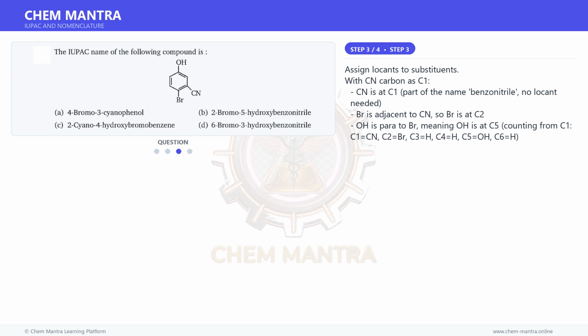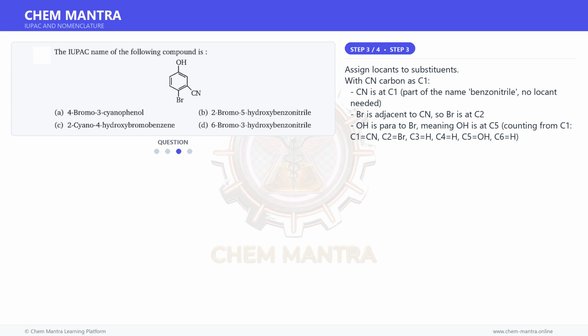Assign locants to substituents. With the CN carbon as C1, CN is at C1, part of the name benzonitrile, no locant needed. Br is adjacent to CN, so Br is at C2. OH is para to Br, meaning OH is at C5, counting from C1: C1 equals CN, C2 equals Br, C3 equals H, C4 equals H, C5 equals OH, C6 equals